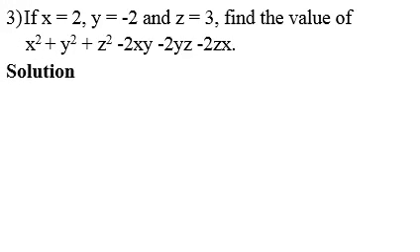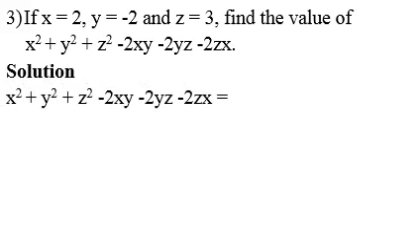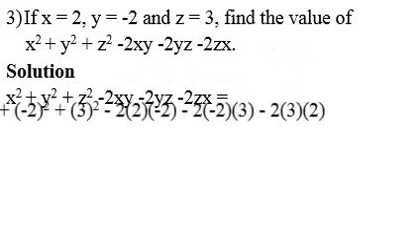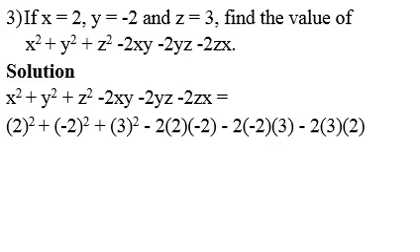So now let's see the solution and how it comes. So now x squared plus y squared plus z squared minus 2xy minus 2yz minus 2zx will be equal to, now instead of having x, you have 2. Now because x is squared, we have 2 into bracket squared, plus instead of having y squared, the value of y is negative 2. So we have negative 2 squared, plus instead of having z, the value of z is 3, so we have 3 squared minus 2 into bracket 2 into bracket